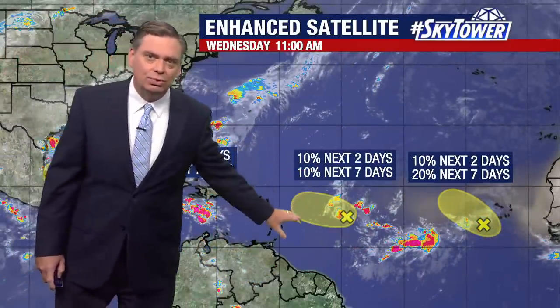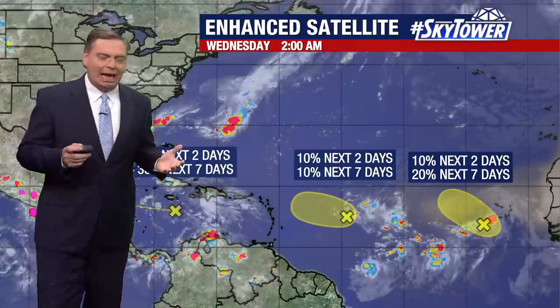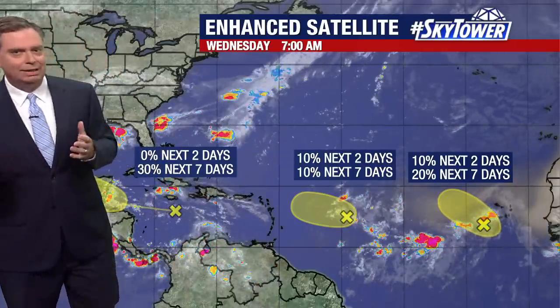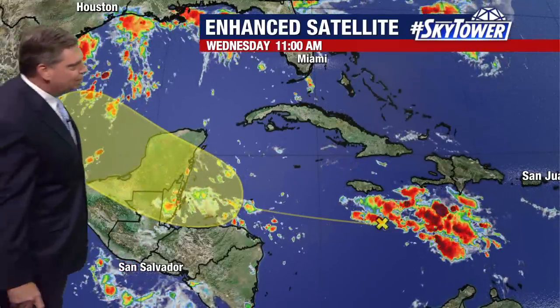And then we have these two other areas. You still are seeing more of that dry Saharan dust working its way off the coast of Africa. And that's been an issue really all season long and will continue, at least for the short term, to be an issue. So first stop is the area working its way through the Caribbean, and it's still a very disorganized